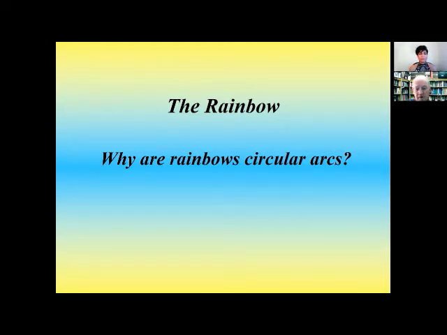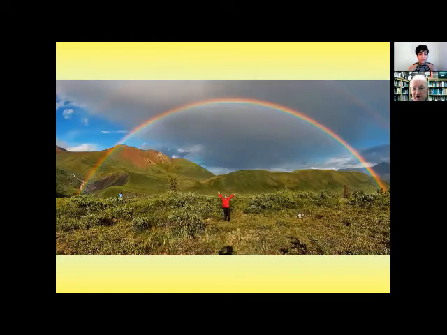So why are rainbows circular arcs? Here's a nice picture. You can find a lot of these on the web. You can see here a double rainbow, of course. The shadow of the photographers here at the center of what will turn out to be a cone. We're looking on the surface of a cone. This is a darker area in between, and there's our secondary bow with the colors reversed. It's fainter because there's an additional reflection.